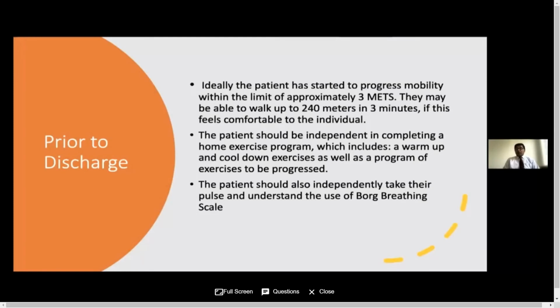And so after giving all those things, like you have given education regarding their condition and what happened to the patient, we have started the exercise program, we have told the patient about their medicines, we have emphasized the importance of taking medications, and you have taught the patient the exercises they have to follow after going home. So after achieving these things, we feel that the patient can be safely discharged to the home and the society. I think I have discussed what to do in inpatient cardiac rehabilitation. Thank you very much for listening.